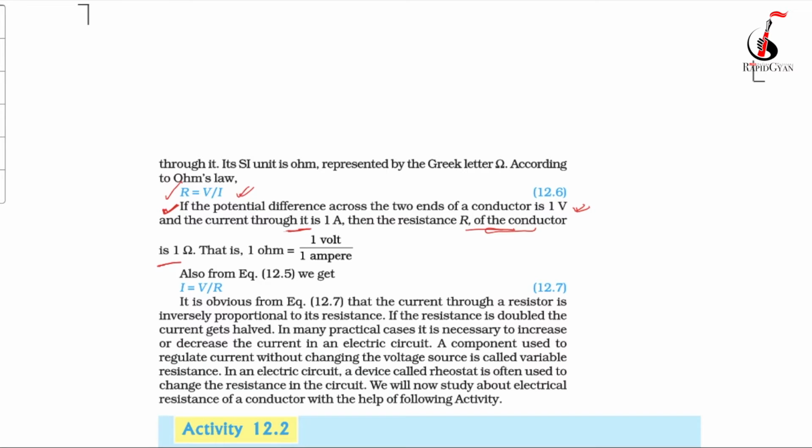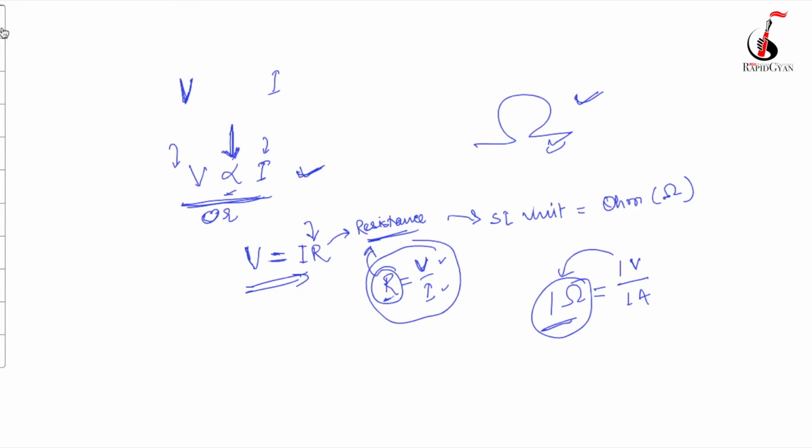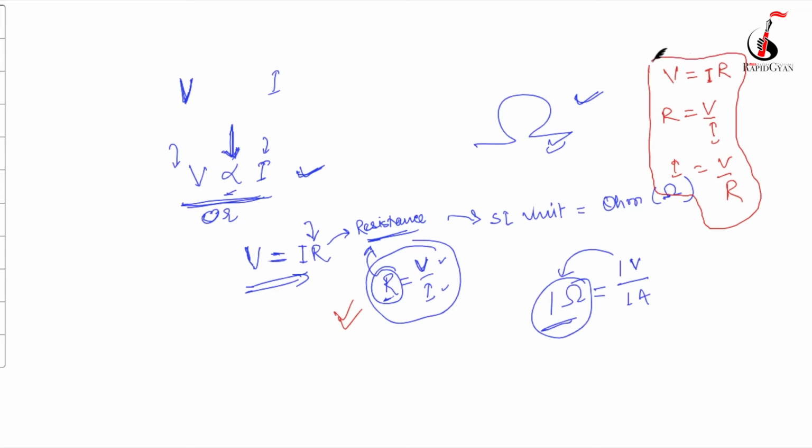Right, so there are 3 formulas which have been generated from this, which are very important for you to note down. So what are those formulas? One is V equal to IR, that's your Ohm's law. Of course, can I write R equal to V upon I? Yes, I just showed you over here. At the same time, can I write I equal to V upon R? Yes. Suppose there are 3 parameters over here: your potential difference, your electric current, and resistance. Out of these 3, if any 2 values are given, I can easily find the third value. Got it?